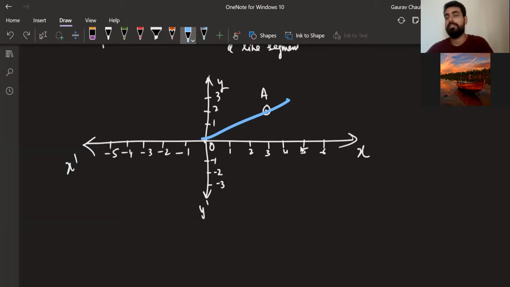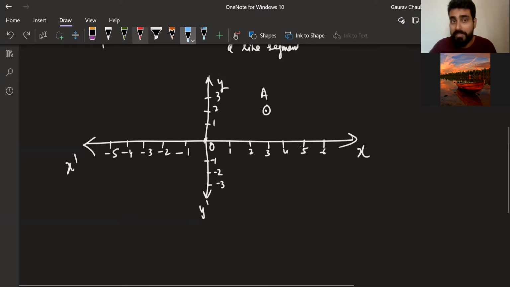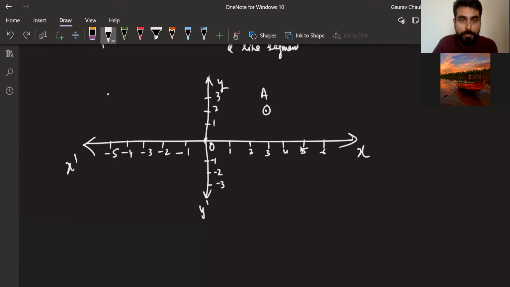Otherwise you will need one more direction, this angle, okay? So just to be clear, if we fix x and y, then it's very easy for us to communicate where the point A is. All right. And just like that, not just A, any other point. Suppose we take this particular point, okay?